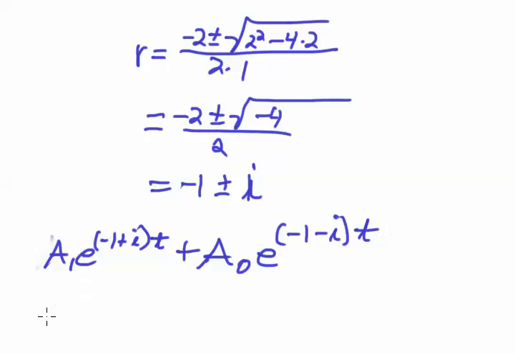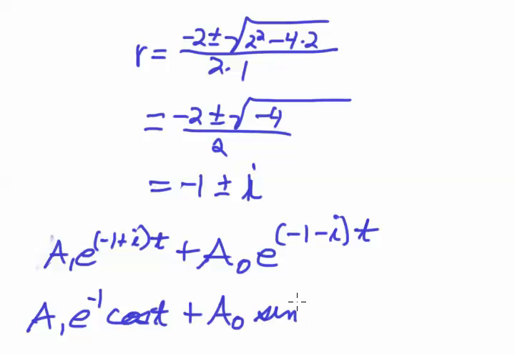But we would prefer to write this with sines and cosines. We're going to write it as e to the negative t cosine t plus a sub naught e to the negative t times